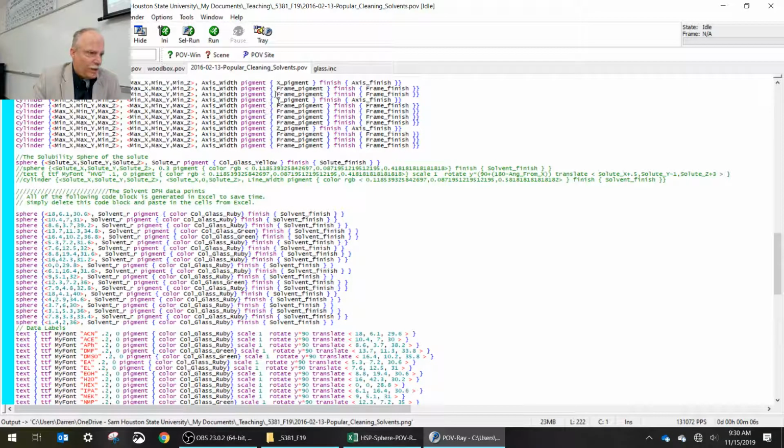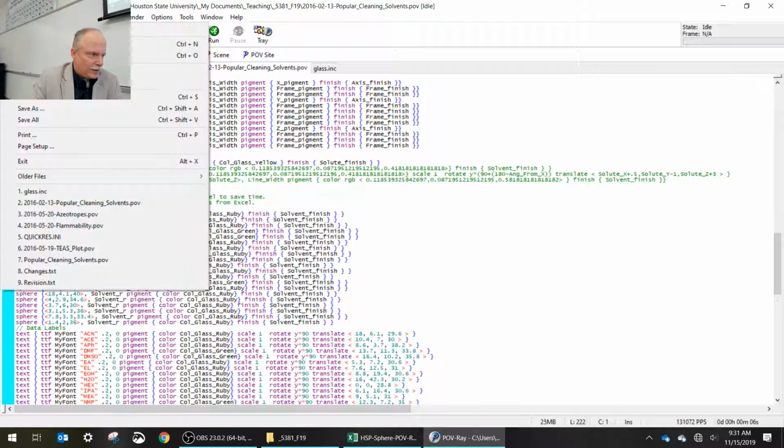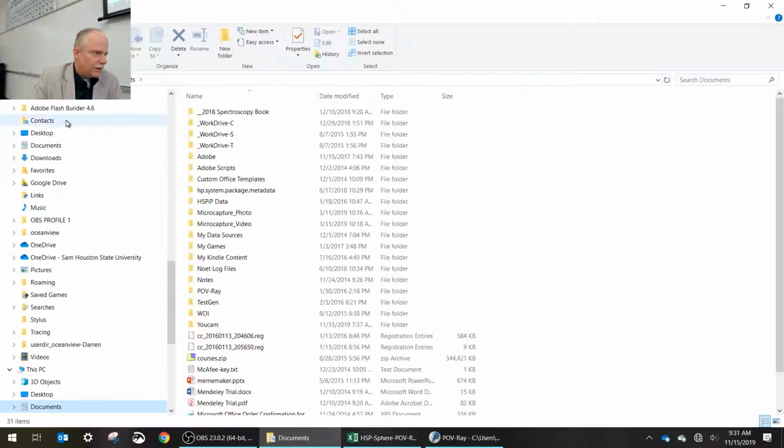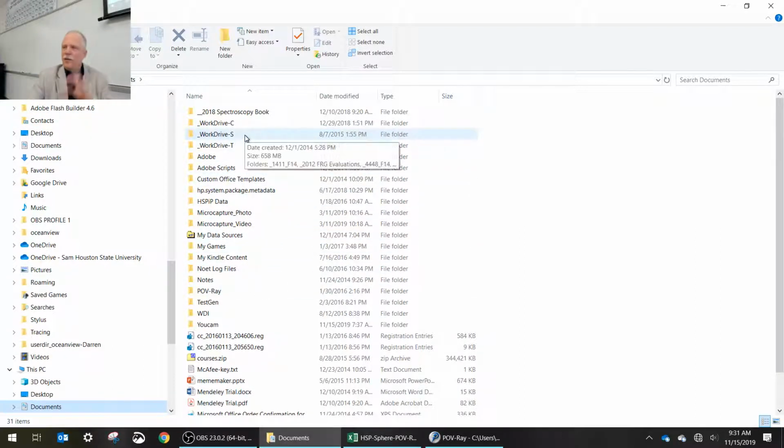A lot of this code is calling things out like glass, ruby, and so on. And let me just show you the POV Ray features. Whenever you install POV Ray, in your whatever your My Documents folder is, and like on the campus computer, your S drive contains your profile documents. It's going to put a POV Ray folder in there. And so under My Documents would be POV Ray. And if you look inside there,